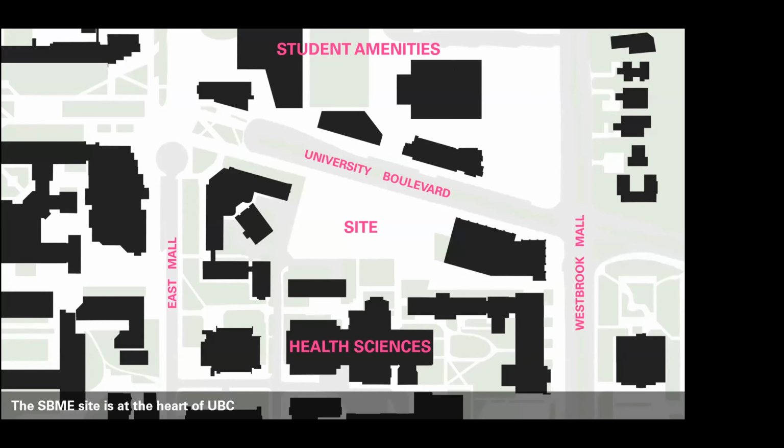Everyone knows the site of the project. It's a really great place for a new school like the School of Biomedical Engineering, at the heart of the university. It's close to a great number of student amenities to the north and the health sciences, and it has a wonderful courtyard system to the south, and really being kind of between these two urban conditions is fundamental to the design